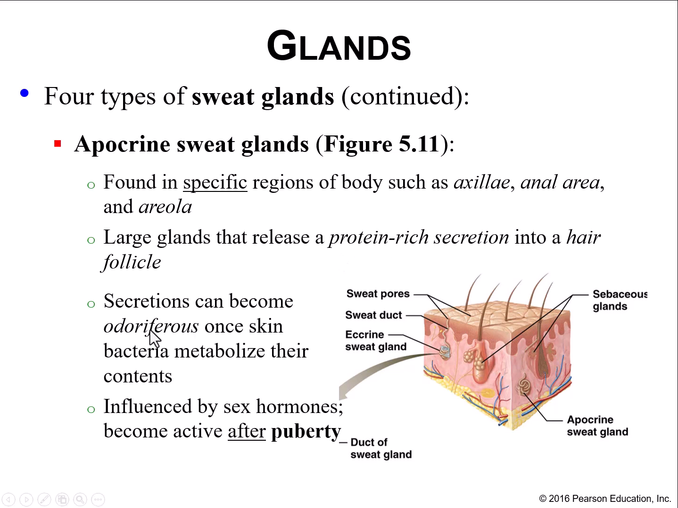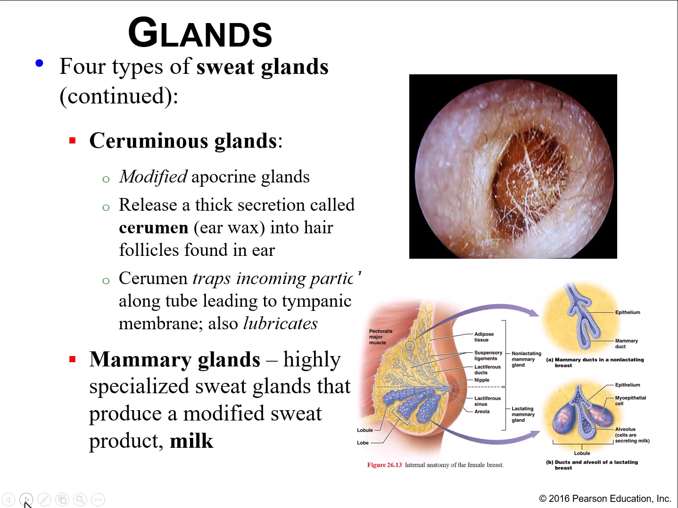That's why your underarms stink, because the bacteria that live in those areas or in the groin area metabolize that protein-rich secretion from our apocrine glands and degrade it, giving off an odoriferous smell. You get a lot more of the apocrine secretions once puberty hits, so the sex hormones will really increase the secretions